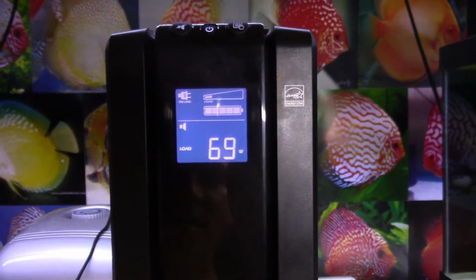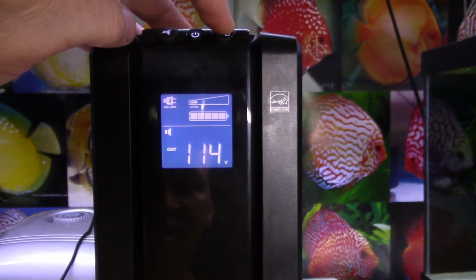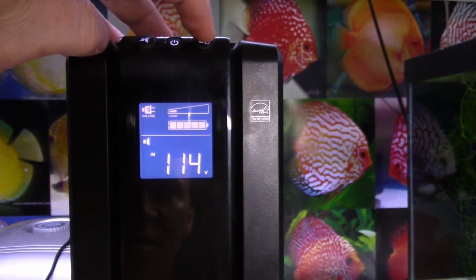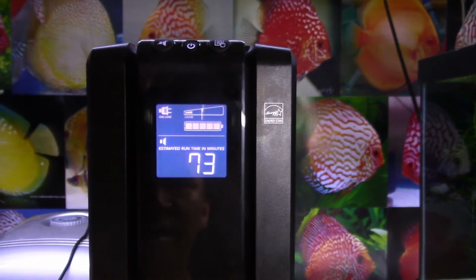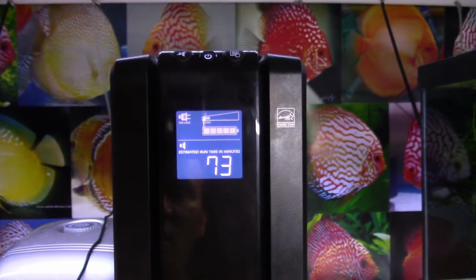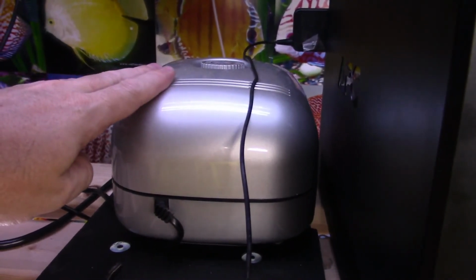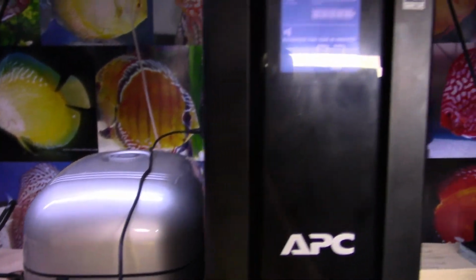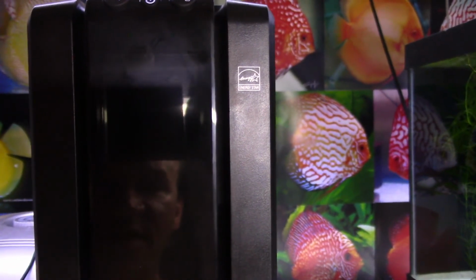And then if we switch around, we'll see 7% load, 114 volts. Trying to get to the one that shows how much time. Okay, so right now if the power goes out, this thing will run for 73 minutes. If I plug in this other pump, which I'm thinking about running just to run some more of the deep water tanks, I plugged it in and I think it was like 8 or 9 watts, so it dropped it down to about